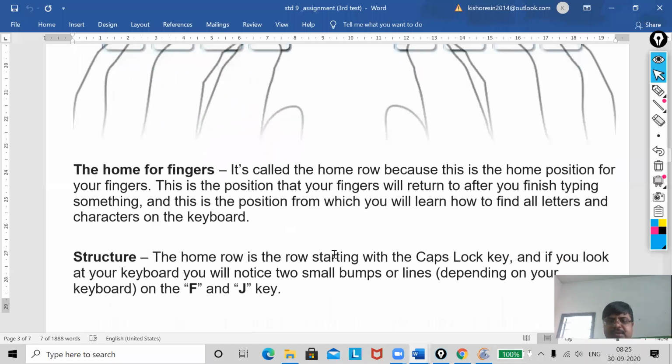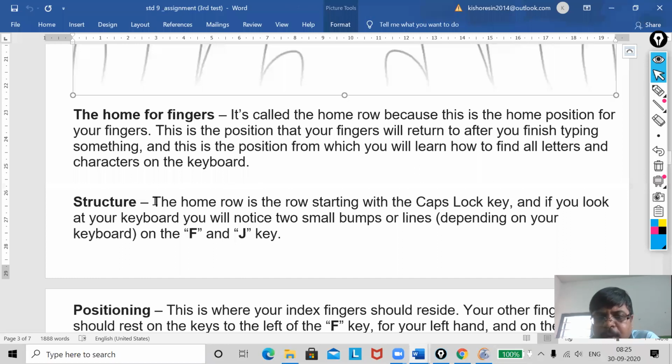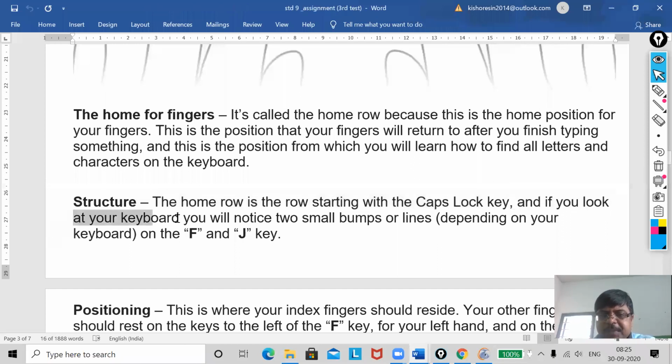Now you see, the home row is the row starting with the caps lock, and if you look at your keyboard you will notice two small bumps or lines, depending on your keyboard, on F and J. You will see a bump on F, and below it you will see a line.